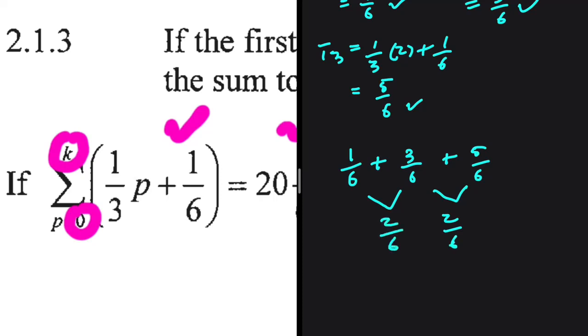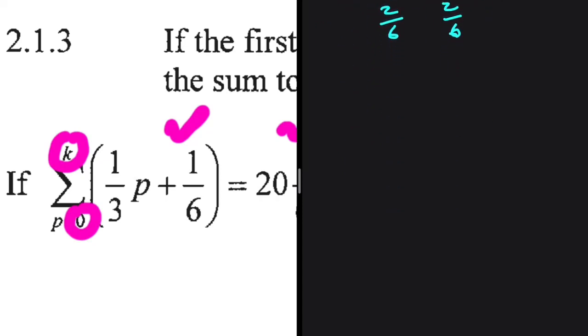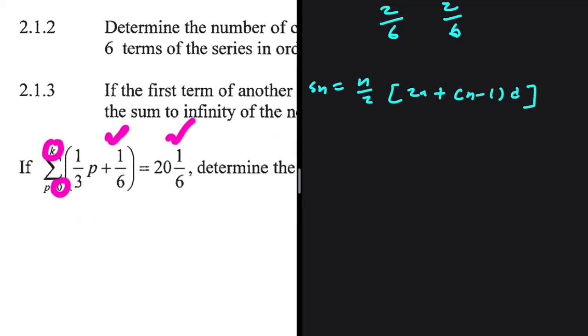So we have a common difference. It means that it is arithmetic. The equation we can use to find the sum, we say that Sn is equal to n divided by 2 multiplied by 2a plus n minus 1 multiplied by the common difference. What is the sum? The sum is given by